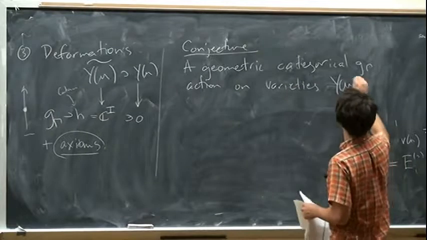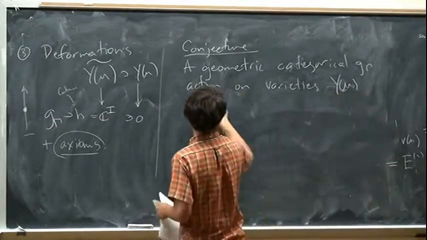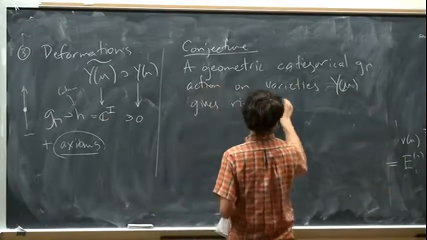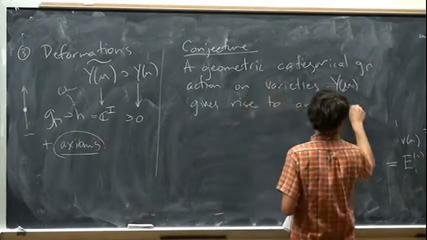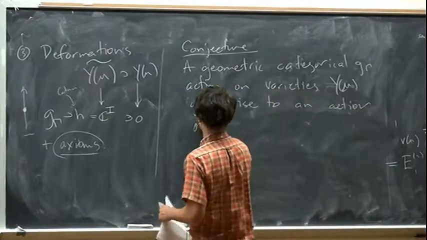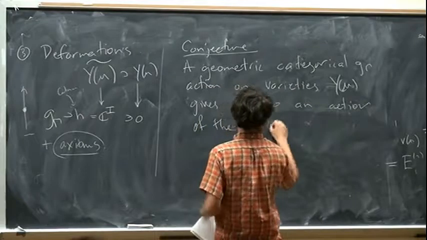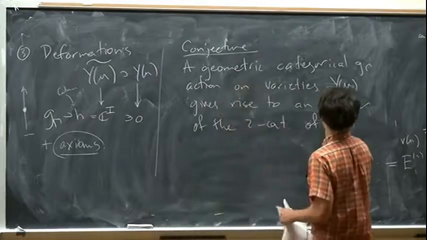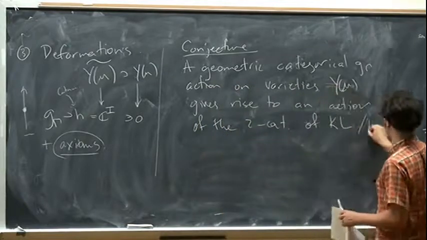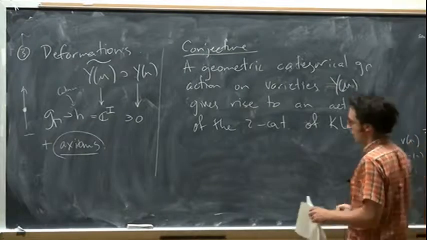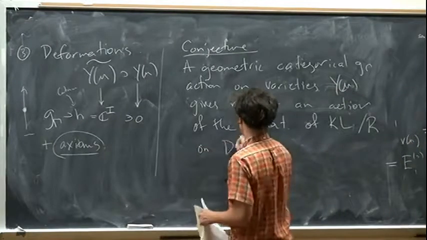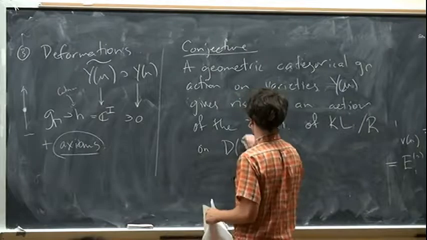Y mu gives rise to an action of the two categories, two categories of Khovanov-Lauda or of the two categories of Rouquier, on the derived categories of the coherent sheaves of